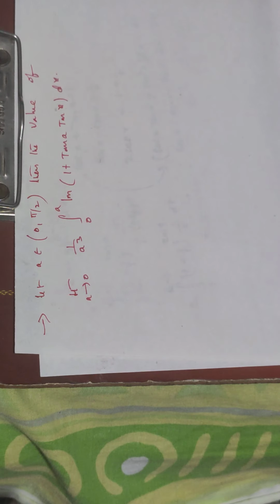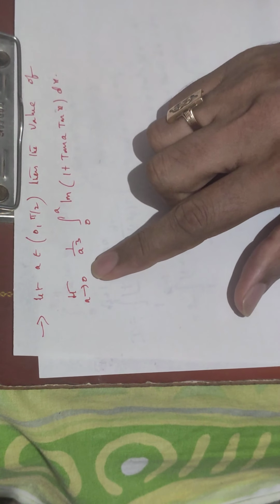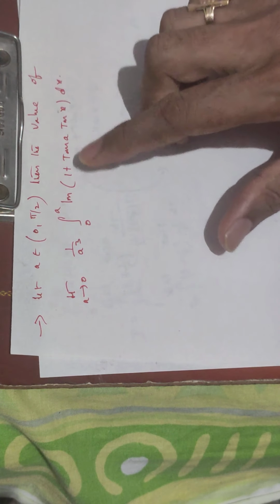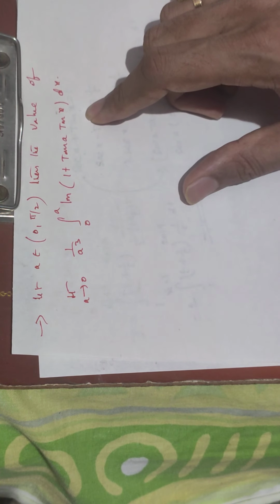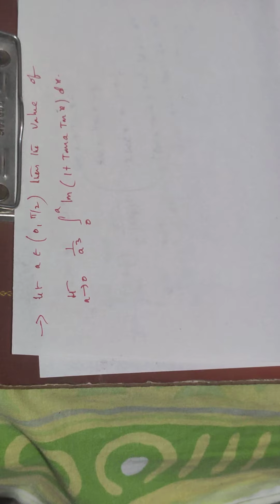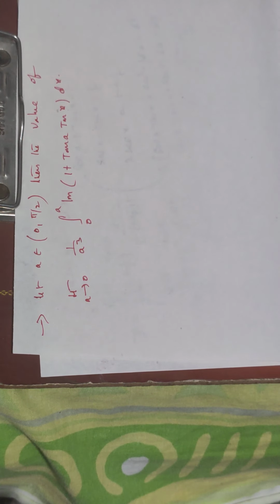As a tending to 0 we will get 0 by 0 form, because as a tends to 0, the limits become 0 to 0. So this value is 0, and a cube is 0. Then immediately one idea is, 0 by 0 form means I have to apply the L'Hospital rule. That is one way, but I think that